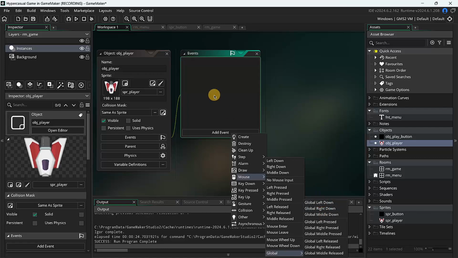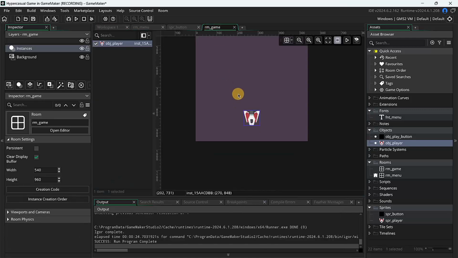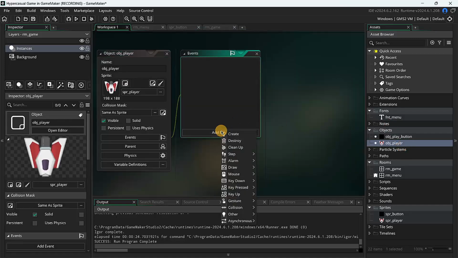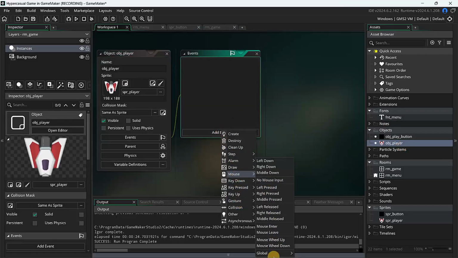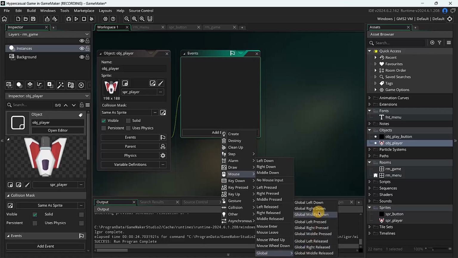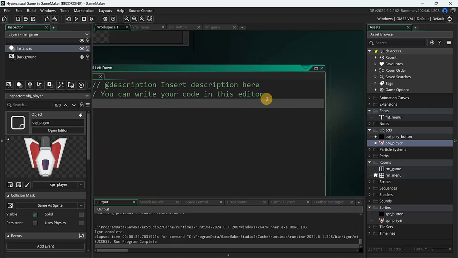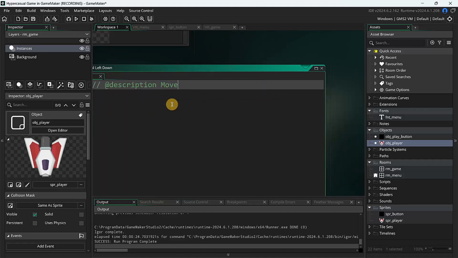And we are using global because if, for example, we click over here, that event is still going to be triggered since it is global, but left pressed or left down would only be triggered if it happens inside of the player. So we have to make sure that it is global. So let's add it over here, mouse global, global left down,